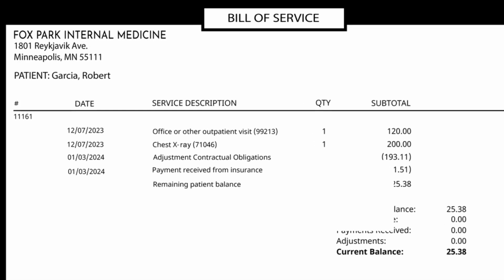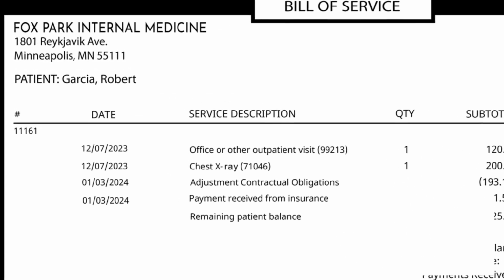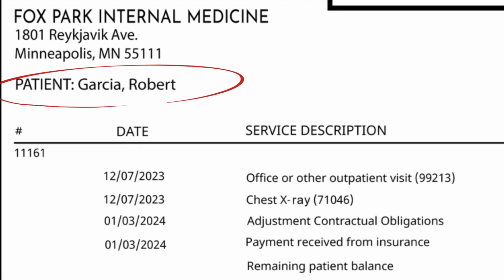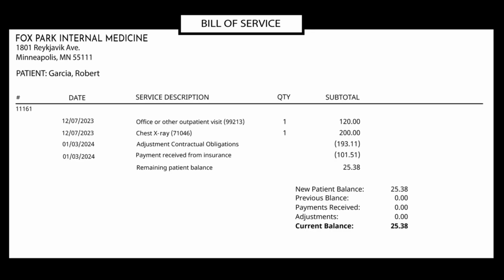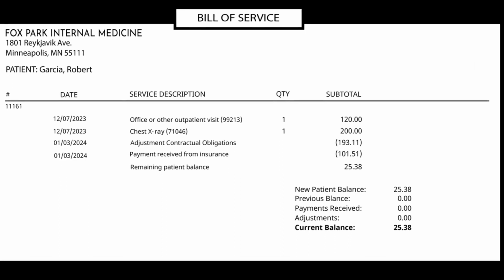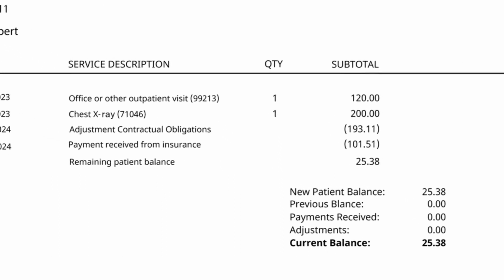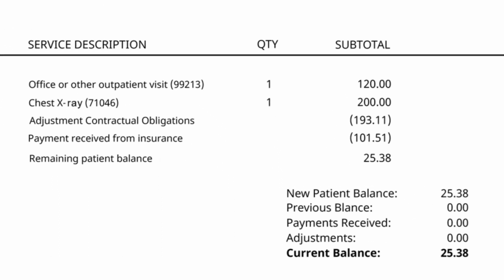Here is an EOB and a bill for a fictional patient, Robert Garcia. Robert went to his family doctor for a cough. Let's check to make sure everything is correct. First, let's look at Robert's bill from his doctor's office. Here we can see a list of charges, as well as payments made to the account by either the patient